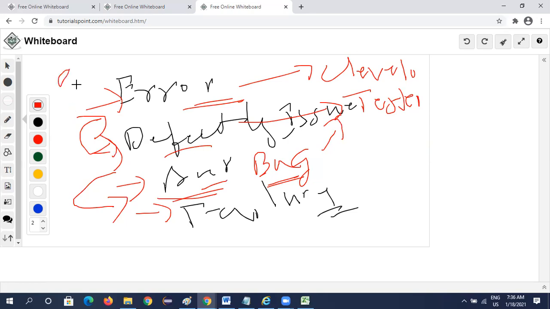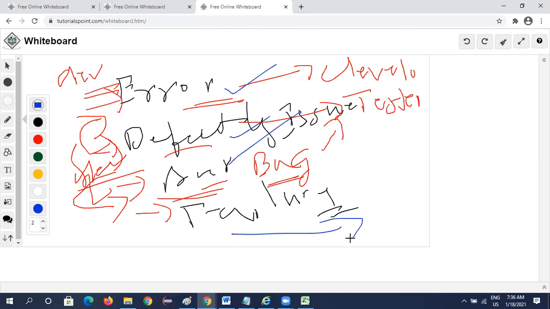Now suppose the developer did not find any issues, fixed it, tested, and completed. No issues, no errors, no defects, no bugs, nothing, and the product is in the market or at the business end. The business people or end users are doing testing on the application.